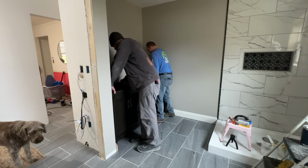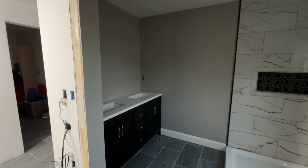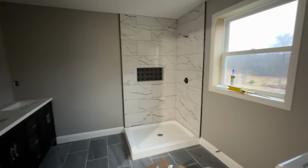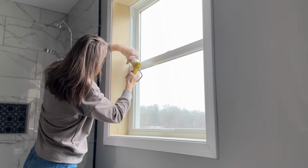Woo, that's so exciting. We went with a prefab vanity to save some money, and it did come with a short backsplash, but I decided to nix that and caulk instead in case I wanted to down the road add tile behind the sinks up that wall. I think it'd be a really pretty feature, but for now we're just going to move forward with it the way it is. And I'm continuing to do the prep work for painting all of the new window trim, all